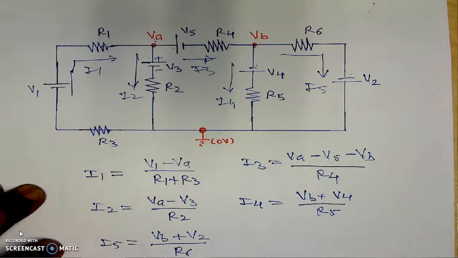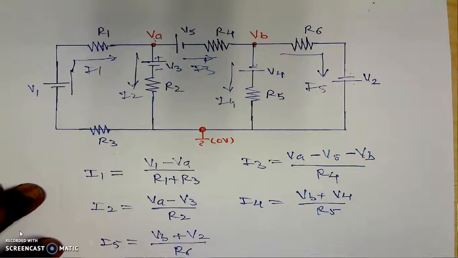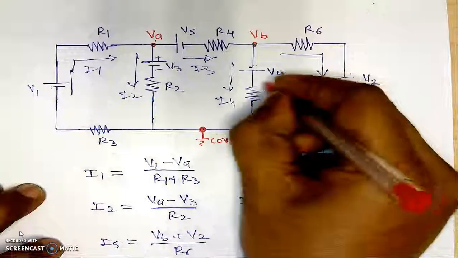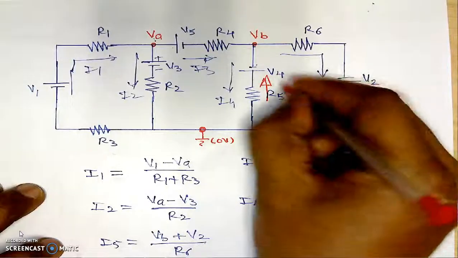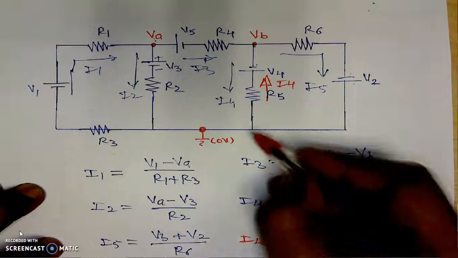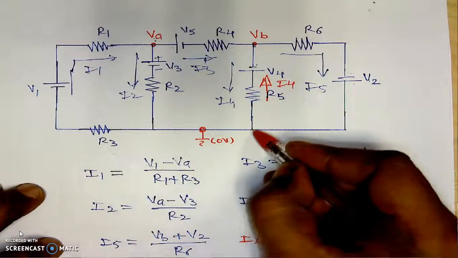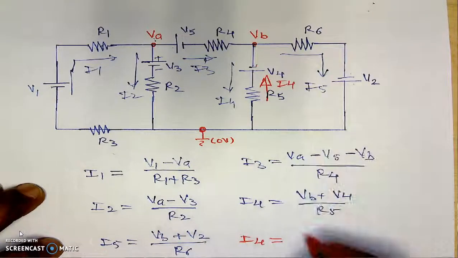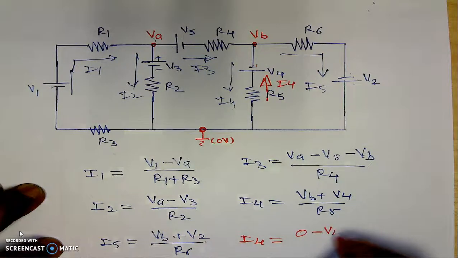Now here, we can find out its current by taking the reverse directions also. If this I4 I have taken something like this, I4 upward, then what will happen? If the I4 is upward, then what is the potential here? 0. We are traveling from positive to negative, which is minus. 0 minus V4 minus